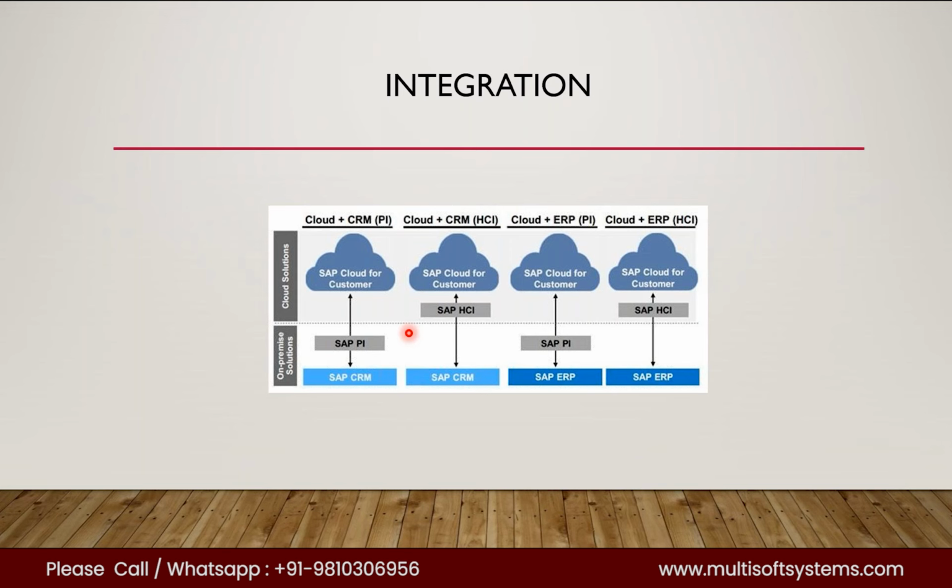If any company is already working on PI, they will go with the PI approach, because CPI is costlier, very expensive as compared to PI. And the consultants working on CPI are also expensive as compared to PI. And the speed of CPI is faster as compared to PI, because PI is the traditional version of the system.